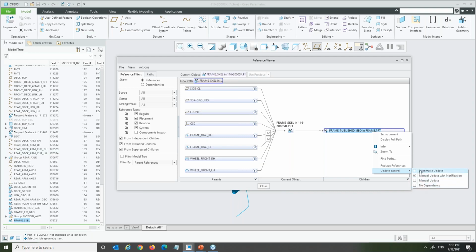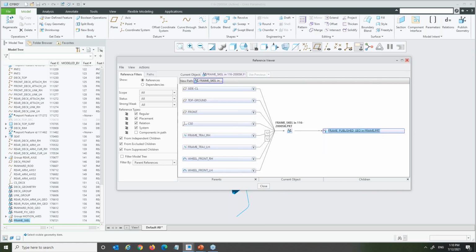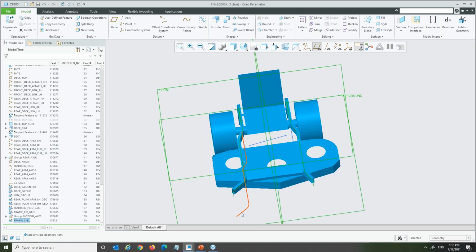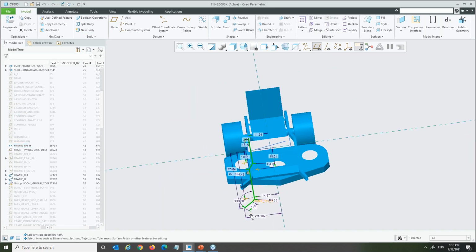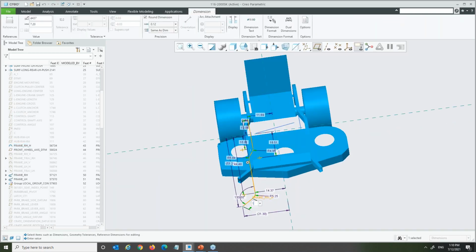Even looking at the top level of the skeleton, I can know what sort of reference control I have for the frame part. Again, it gives more control to the user over how to capture the design intent and gives the flexibility over what needs to be pushed down to the downstream. So now I go and update that dimension information here, because I gave a manual update with notifications. I'm going to update the position of my front wheel assembly here.